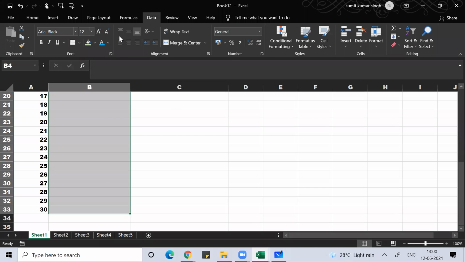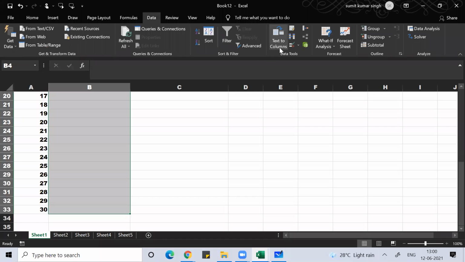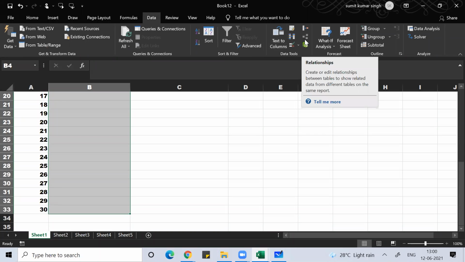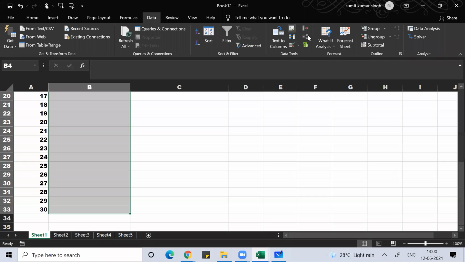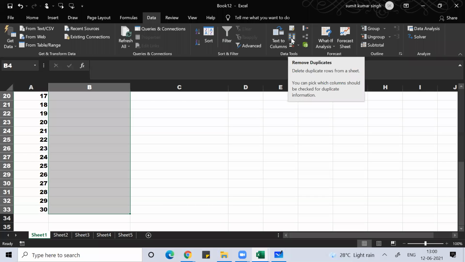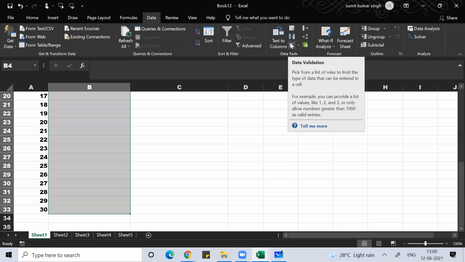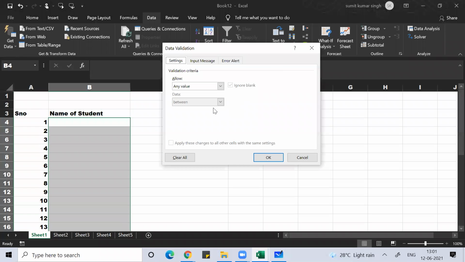So for that, go to data, and under data, go to data validation. The shortcut key for data validation is Alt DL.